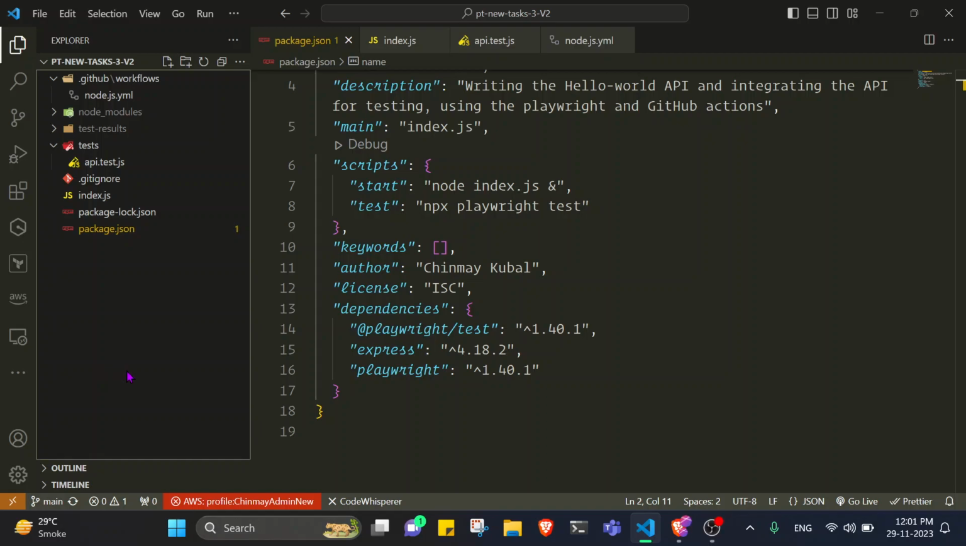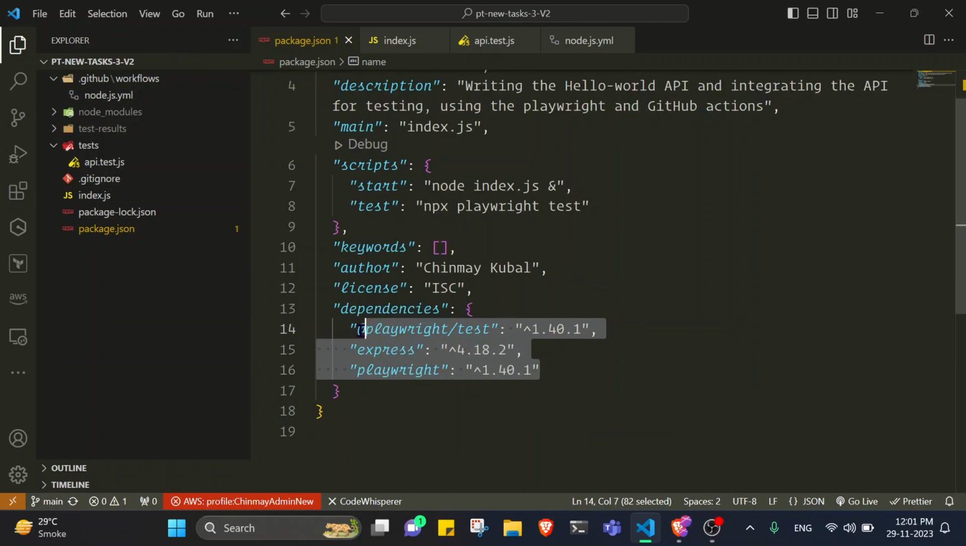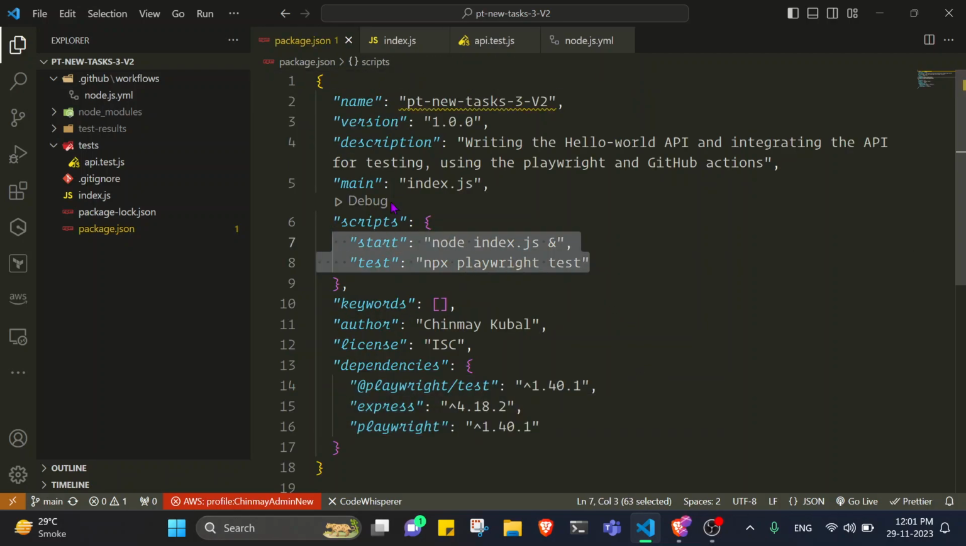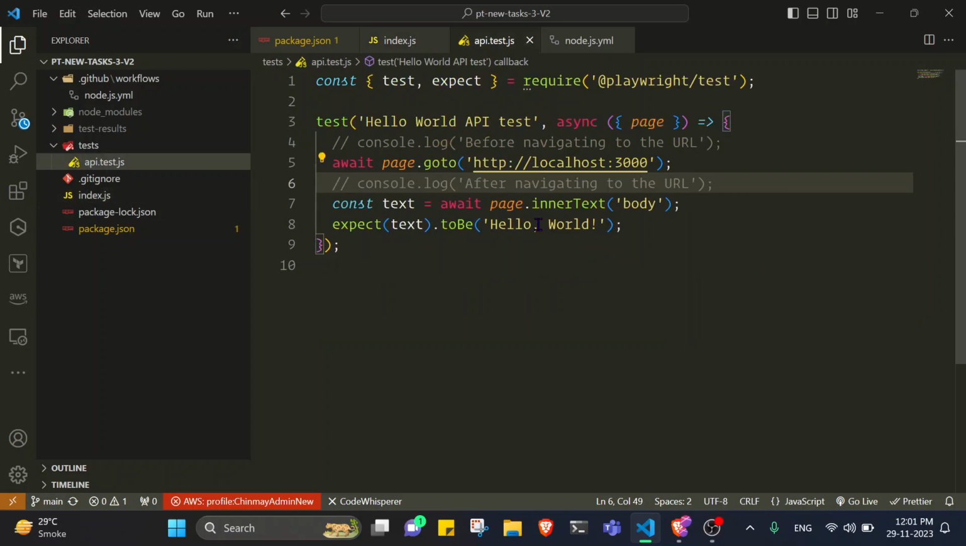Okay, so for the third task of the Hello World API testing, I have npm initiated in this particular folder where I'm using these dependencies and I have created this script. This is the index.js file, the basic simple code, and this is the basic simple test